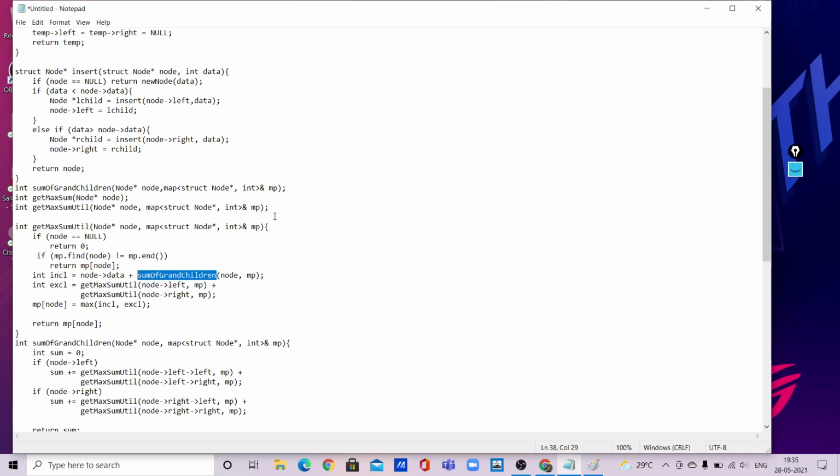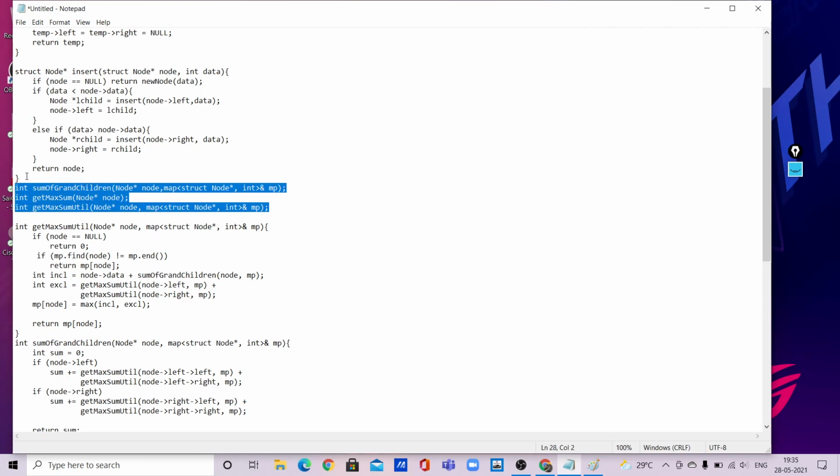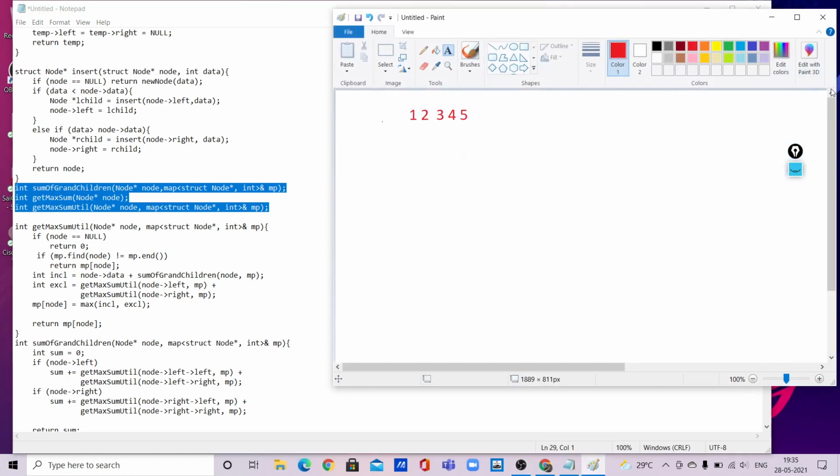If we don't declare it over here, then there may be a chance of errors saying that the grandchildren function is not defined. And so beforehand we have to define the function prototypes.